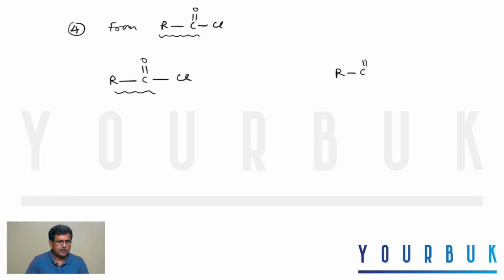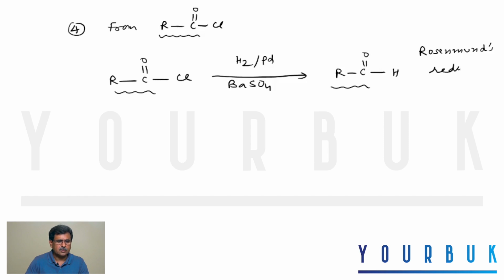This is addition of hydrogen. This is removal of electronegative atom. So this is called reduction. And we use a reagent H2, palladium and barium sulfate. This is called Rosenmund's reduction, very, very important reaction in organic chemistry. So in this case, the number of carbons remain same, arrangement of carbons remain same, you just replace the chlorine by hydrogen. For example, this is given,